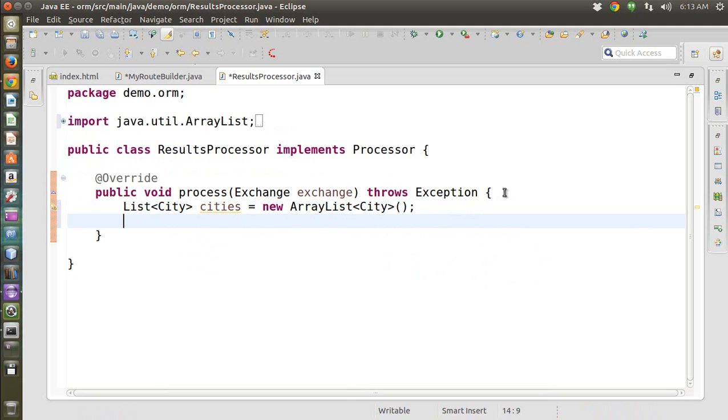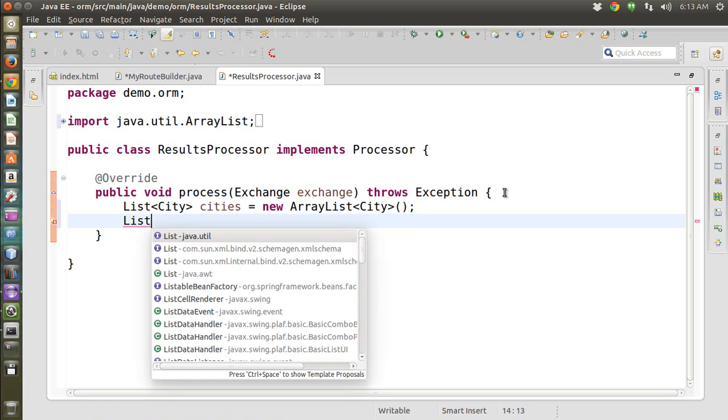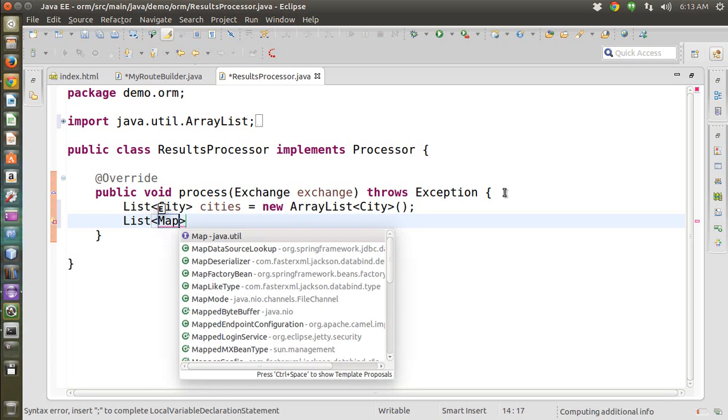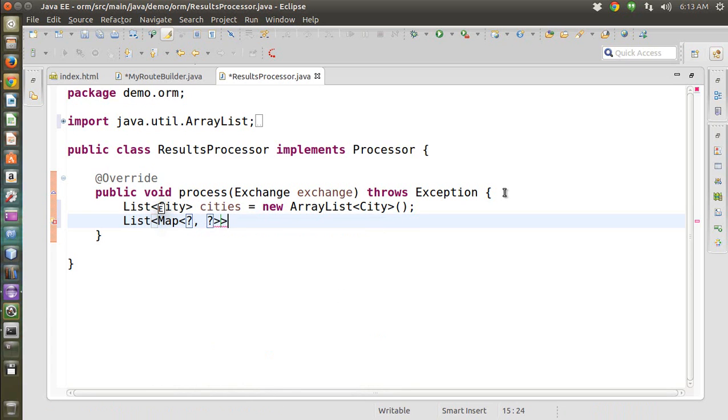Now I like to get the results of the query. Those would be an object, and actually because I have multiple lines, I expect to have multiple lines. Even if I don't have multiple lines, what I will get after executing the query would be a list of rows, and each row would be a map of key value pairs. So those will be my results. These results are in the input message. So I can get the body,